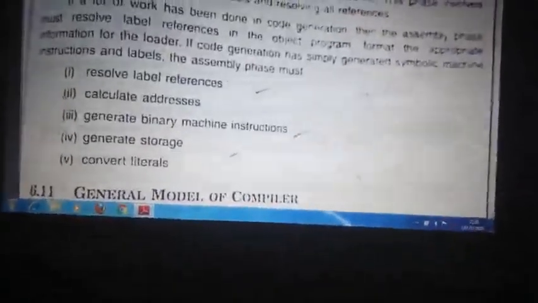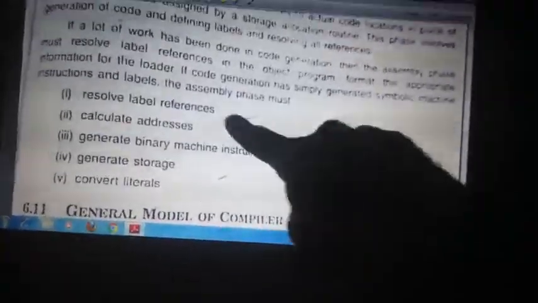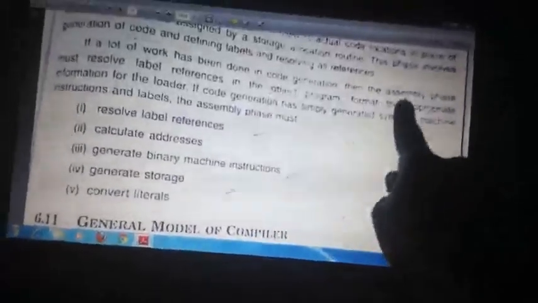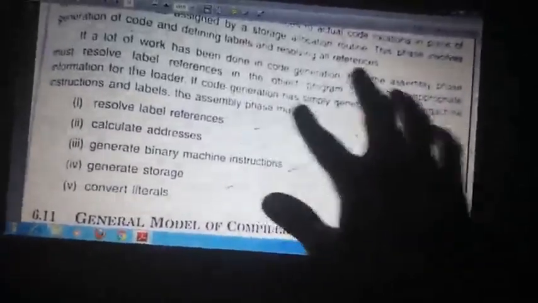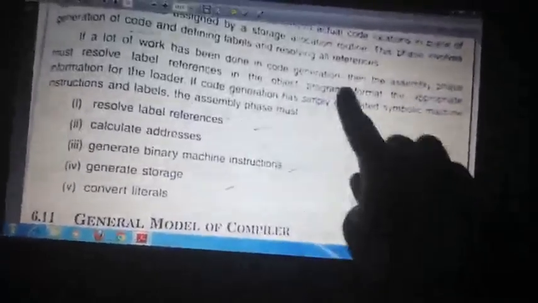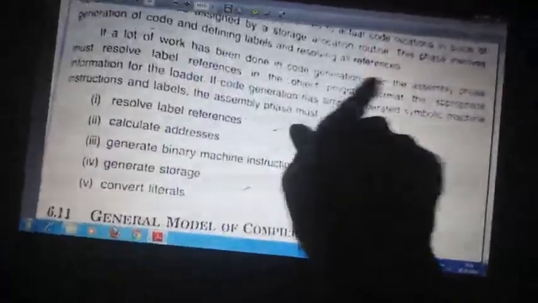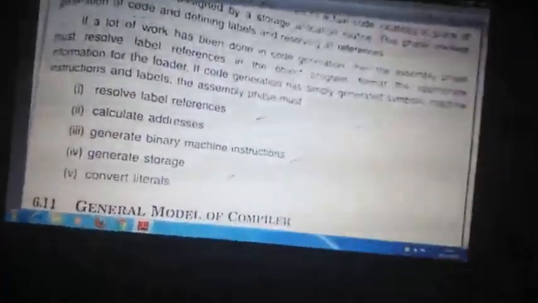So this is the assembler phase task, if a lot of work has not been done earlier, then it will be done during assembly.